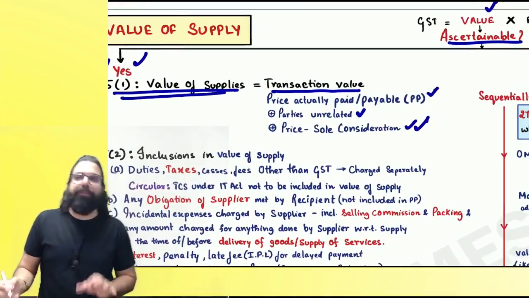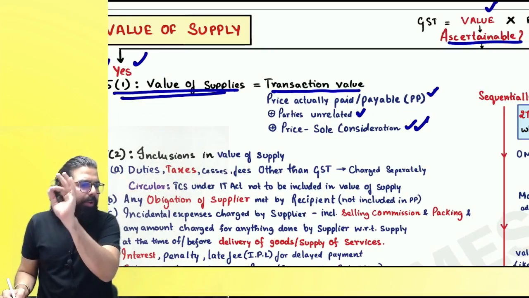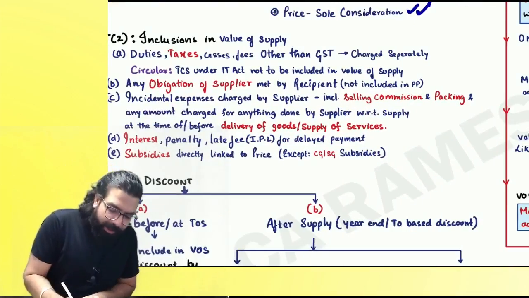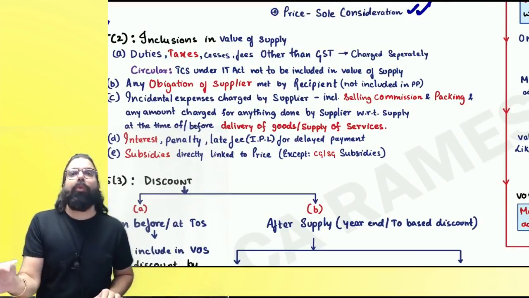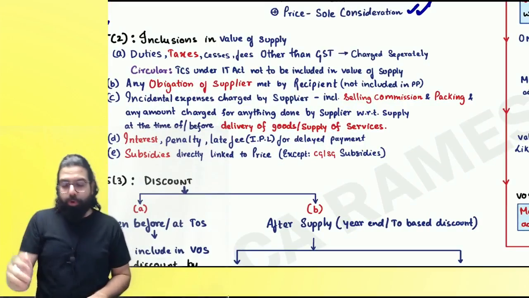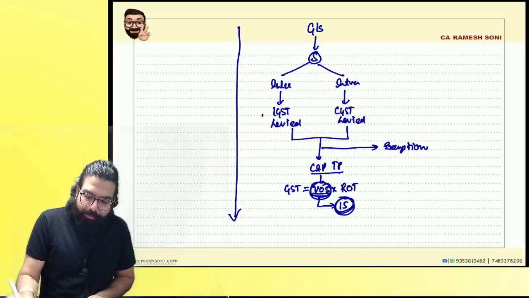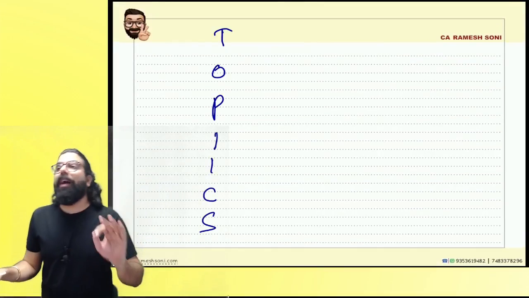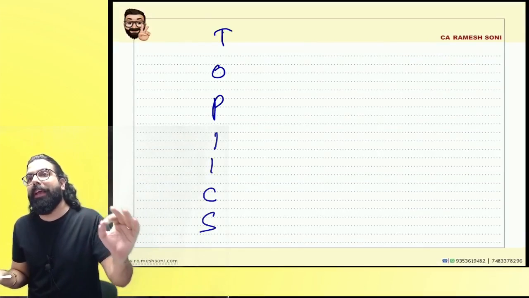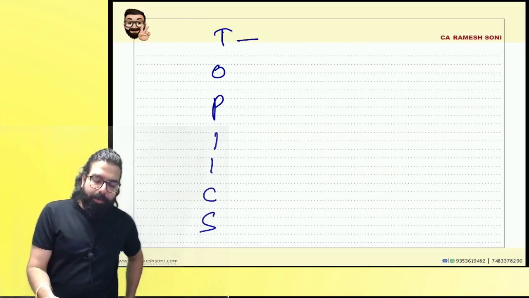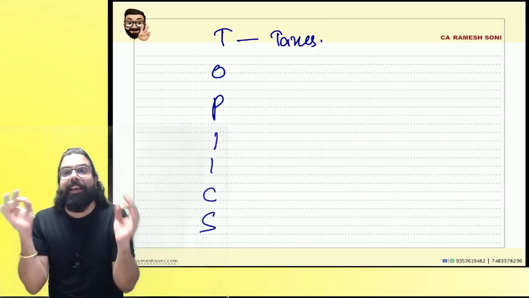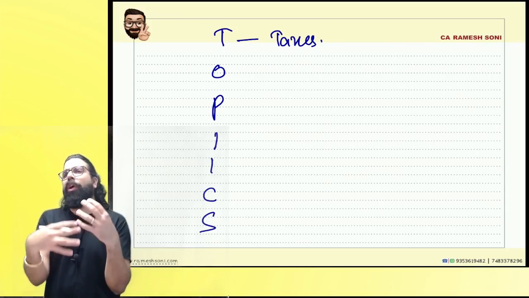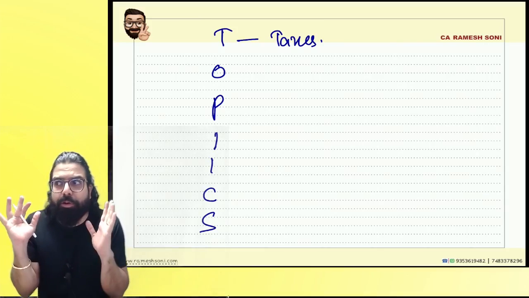Now, first of all, section number 15 goes ahead and says you 15.1 that value is what, everyone? Transaction value. Value means the transaction value. Secondly, 15.2 goes ahead and says, what are the things to be included in the value? Always remember one thing. What are the things to be included, everyone? Taxes. Taxes are always to be included. What do you mean by taxes, everyone? Any taxes other than GST. Any taxes other than GST might be any excise duty was charged to you, any municipal taxes were charged, everything will be included in value.